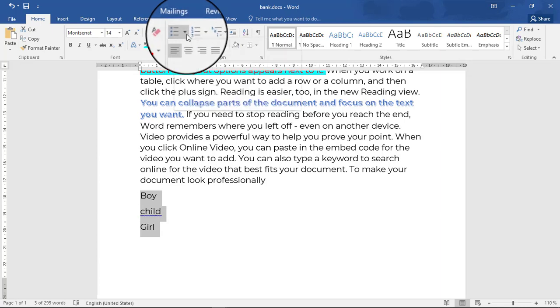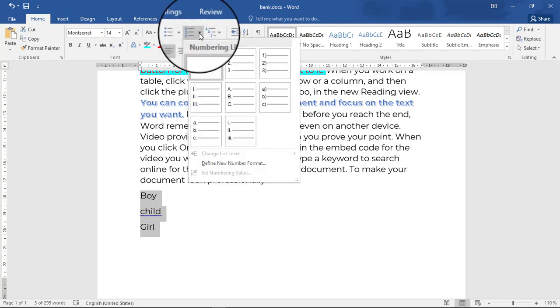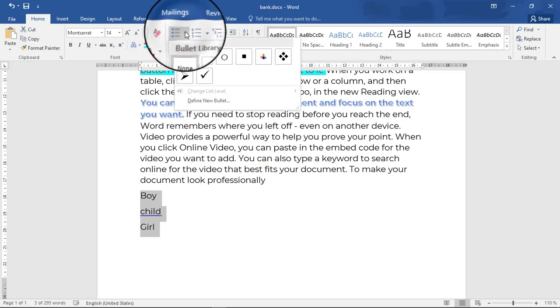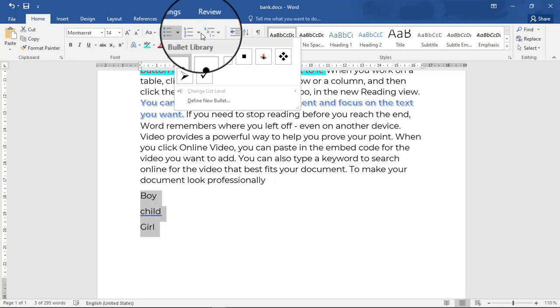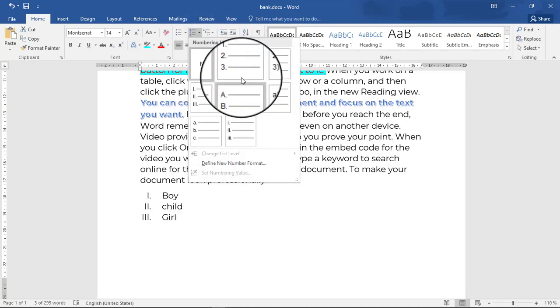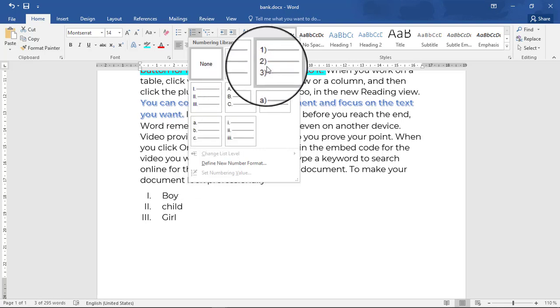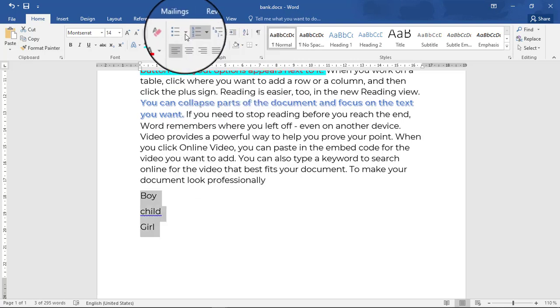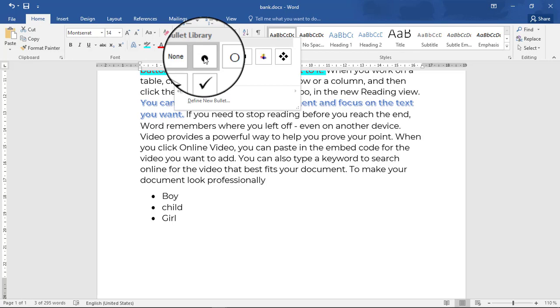I may want the unnumbered list, or the numbered list. If I want the unnumbered, I move here. If I want the numbered ones, they are here. Are you seeing? The text down here is changing. If I want this one, I have to just select there.